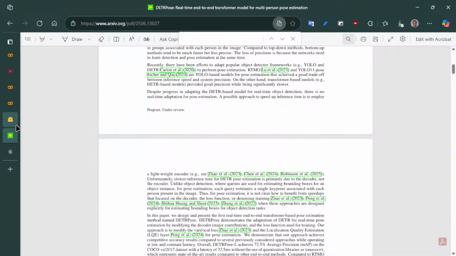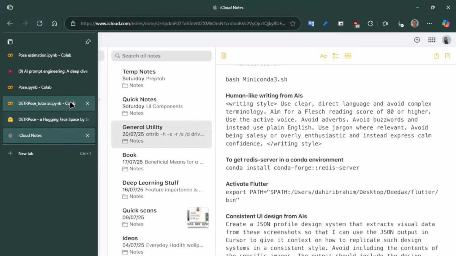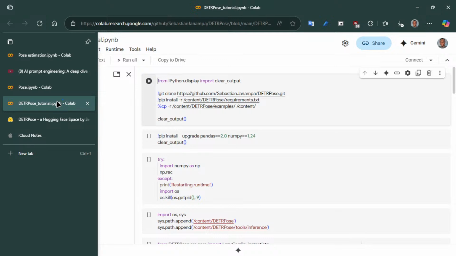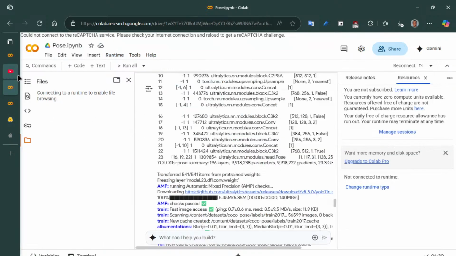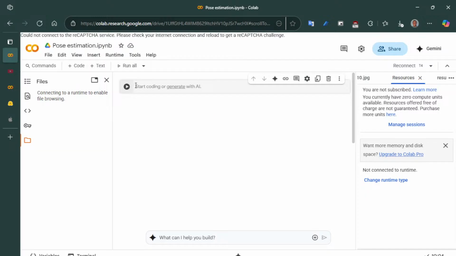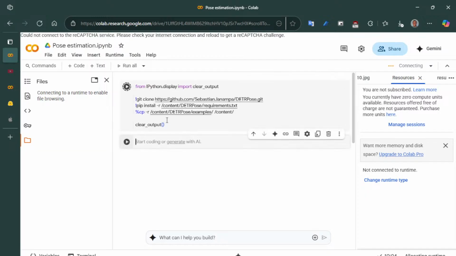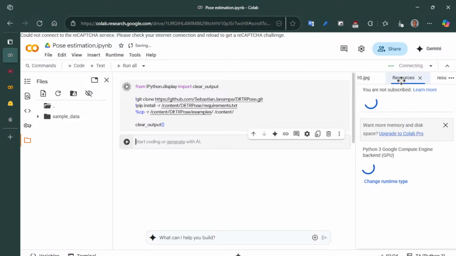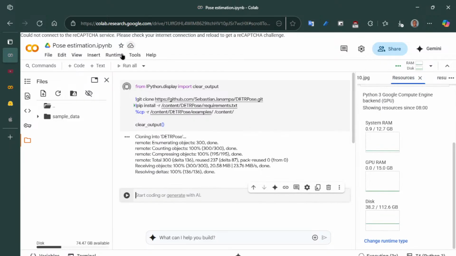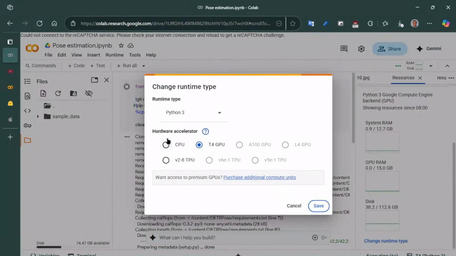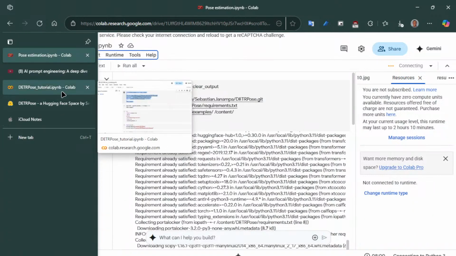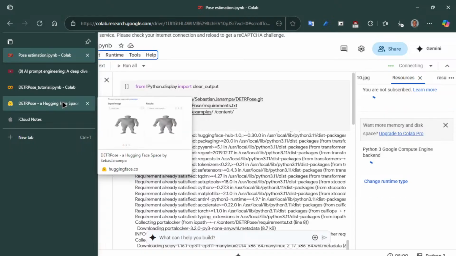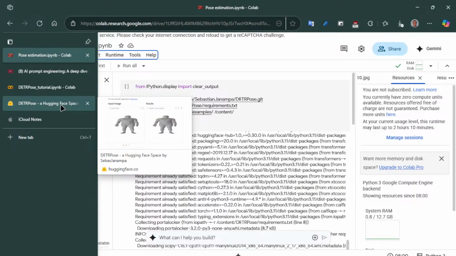Everybody knows; apparently I'm the only one that doesn't know what the difference is between a crowd pose key point set and a COCO key point set for poses. No, I don't want a GPU backend because this is just